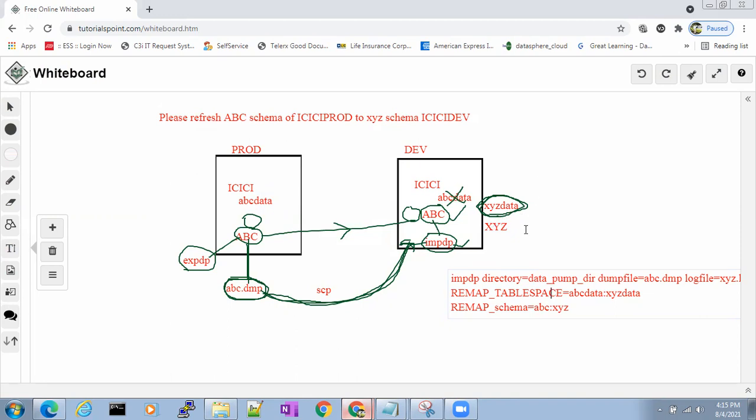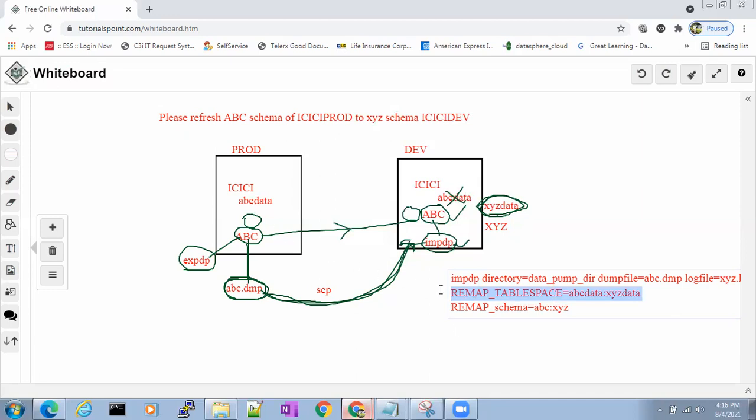IMPDP is not able to find which tablespace to import into. Which schema to import, it is not able to understand. So IMPDP will fail. If you give remap_tablespace equal to, here it was ABC data, use XYZ data here. That is what you are telling with this statement.